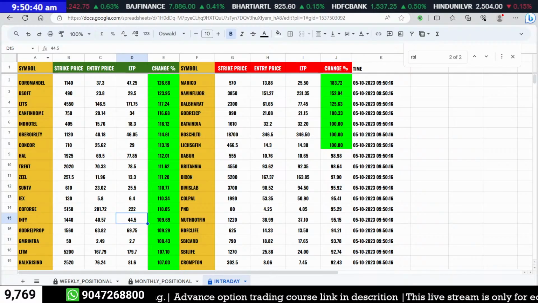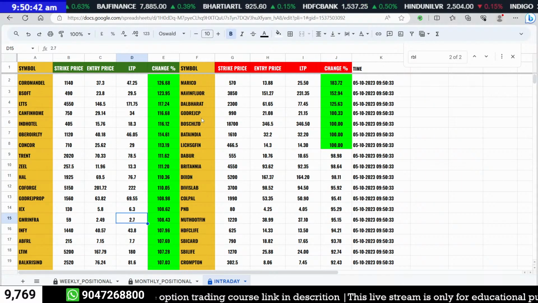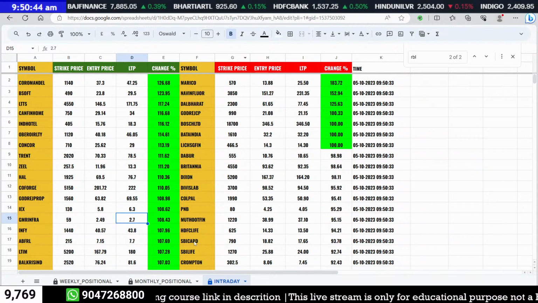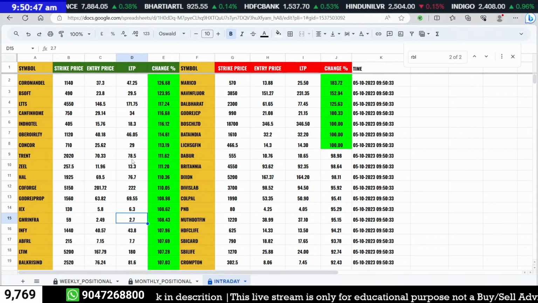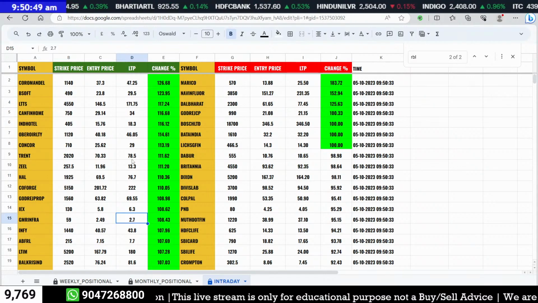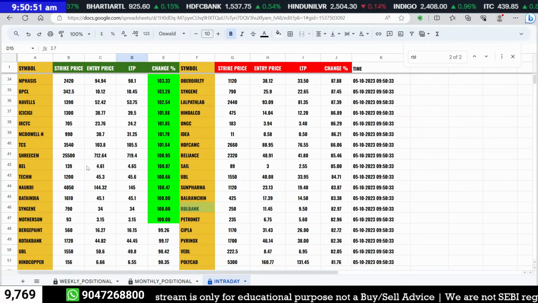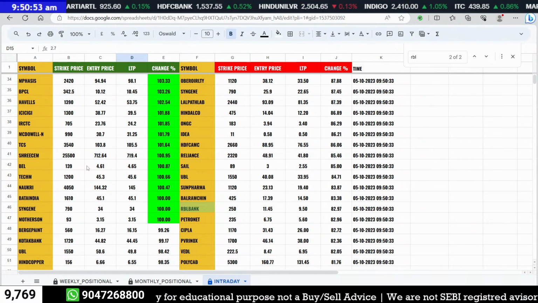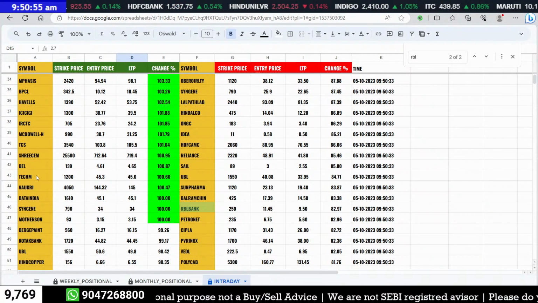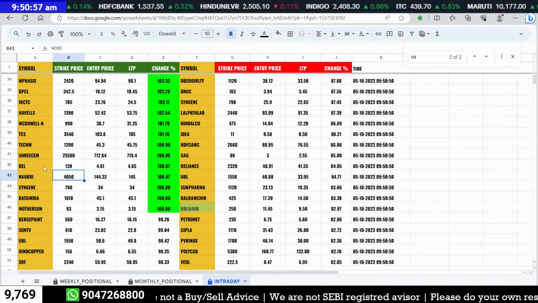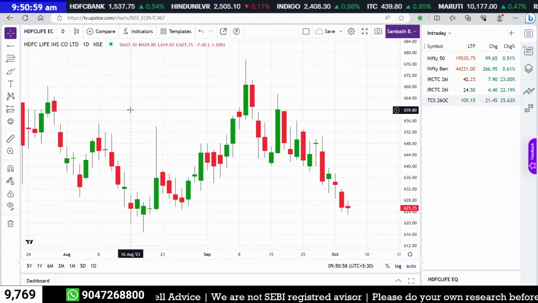So one or two opportunities which I'm going to find with this Google sheet, that's good enough. Okay, so I don't want to focus on all the stocks. It's not like that. One or two opportunities which we can find based on our capital and risk ability, that would be good. And look for the TechM 1200 call